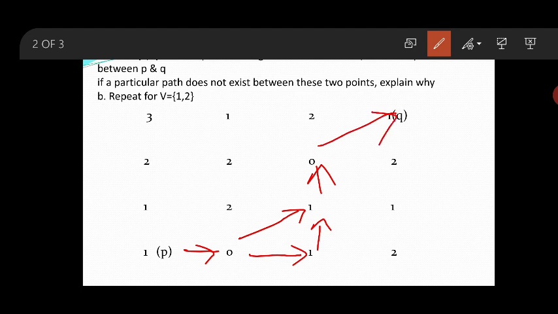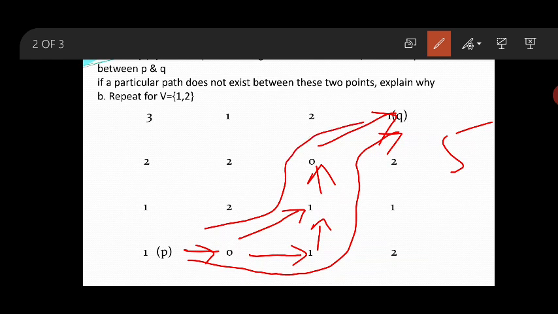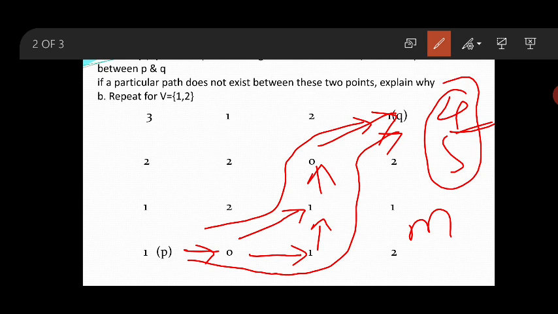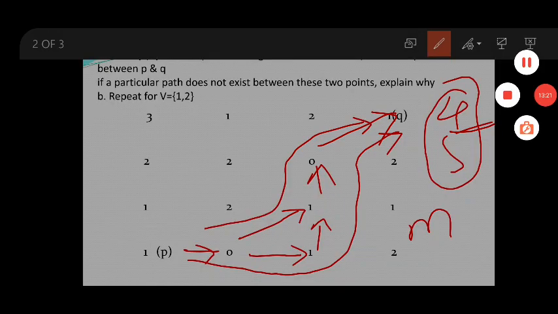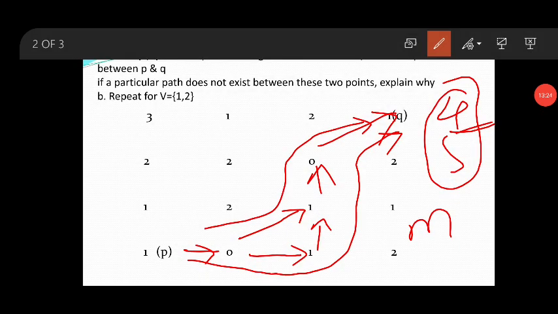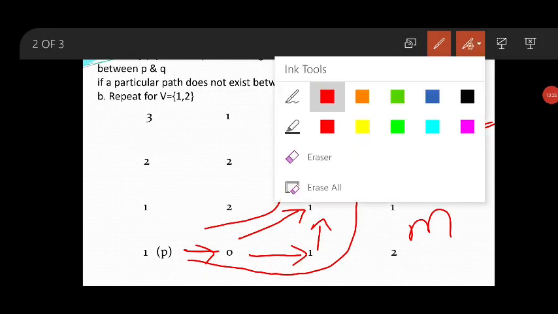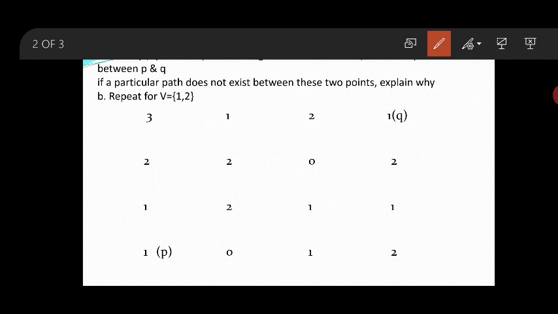If you travel like this, it will be 5. If you travel in this condition, it will be 4. Means the statement will be like the shortest path. But when you apply it in software, to understand how it is supposed to be, to overcome this 4 or 5, they have given the M path. Okay, I hope it is clear for you. Okay, how the M path will come into the picture. Let us see how the M path will be traversed.